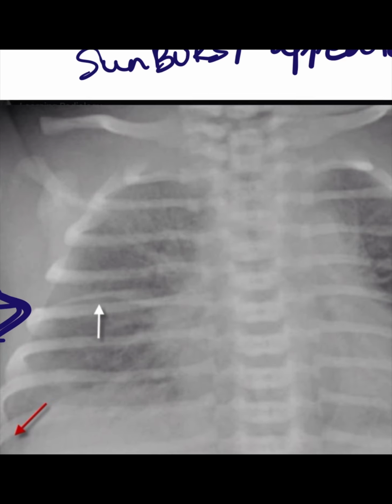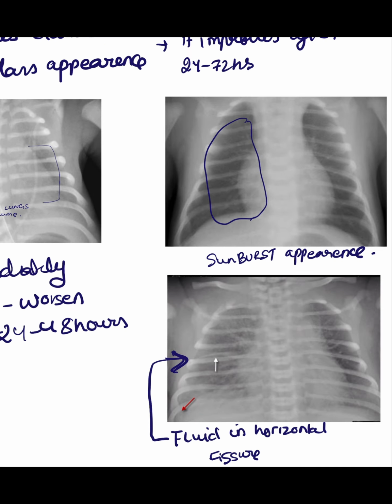And the second most important is the fissure. This is the horizontal fissure, fluid in the horizontal fissure. As TTNB is due to fluid in the baby's lung due to failure of clearance of the fluid, you will see fluid in the horizontal fissure. This is a very important differentiation between